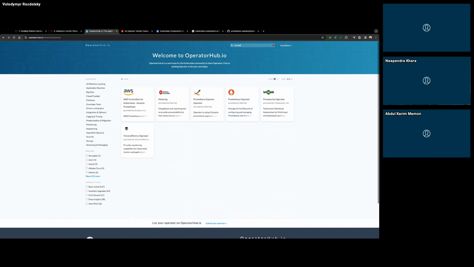Yeah, the operators are very common, more, I would say, in OpenShift. When I was using OpenShift in my time at IBM, a lot of installation was done through the operators, because they have this UI where you go and you pick the operator and you install it on your OpenShift platform.